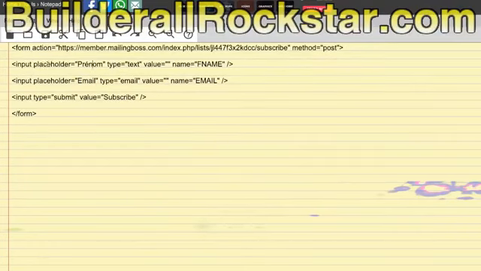But if you don't remove the first name field from your list, you should display it, so that your visitors can fill it in. And the important part here is name. Name equals, you need to put exactly this name. fname for first name, and for email address it is just email. So if you put something else, it will not work, because MailingBoss doesn't know which field is the email address, which field is the first name.